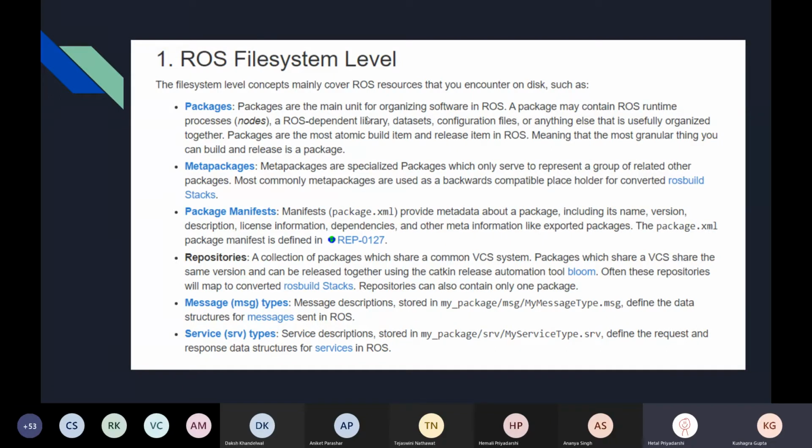So basically, a very, very crude and inaccurate analogy would be like you have some code and you want to store it in a GitHub repo, right? So there's an order, right? You have a README file, you have different sorts of files and hierarchies, right? So similarly, you have this sort of code for making a robot. So you store it at a file system level called a package, and there are different terms associated with all of that.